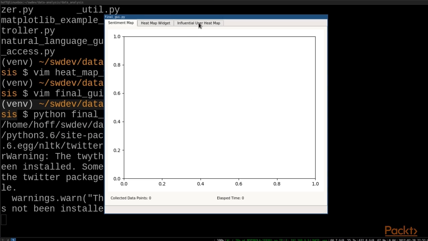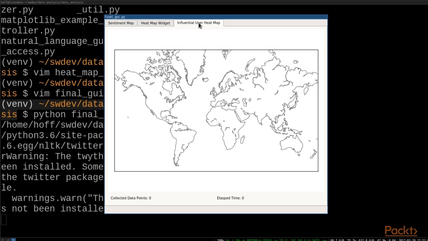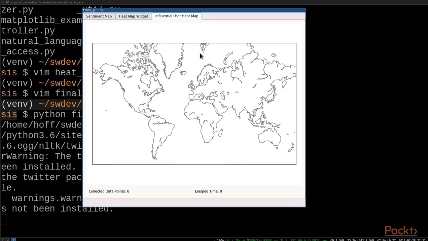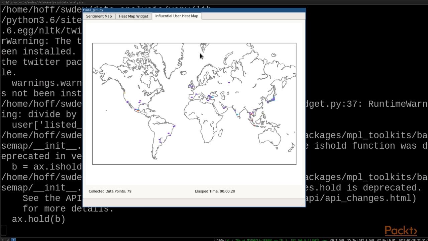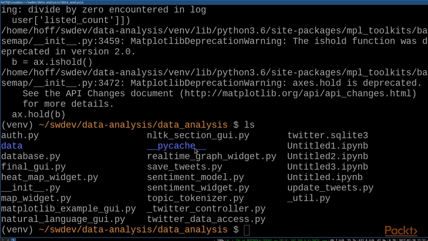And we'll switch to our influential user heat map, and we'll go ahead and let this run. Now, since my influential users are so much fewer than my uninfluential users, this is going to take a little bit to draw. Oh, that's not too bad. So what we can see here is where some of my influential users are versus my uninfluential users. And I think by flipping that sign, I actually did the opposite of what I intended, and I'm much more interested in the less than. So let's go back to that real quick here,